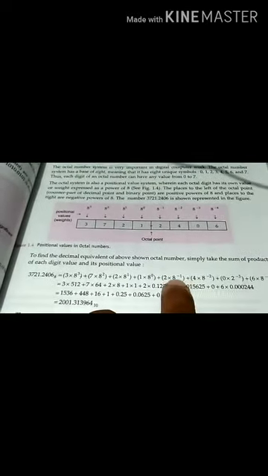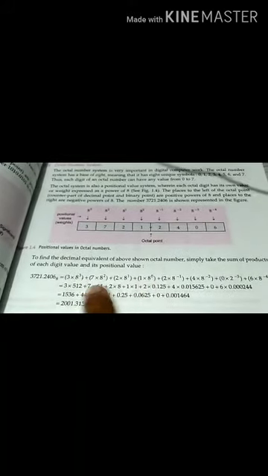And calculate the octal number system into the decimal number system. How can we calculate? 8 power 0 into 1, 8 power 1 into 2, 8 power 2 into 7, 8 power 3 into 3. After this, sum all the answers and we find the answer 2001. Same after the point: calculate this and arrange.